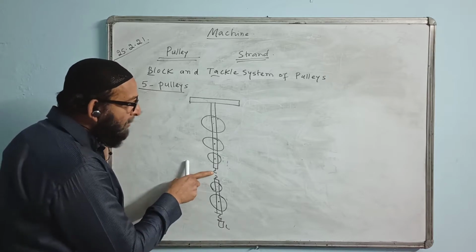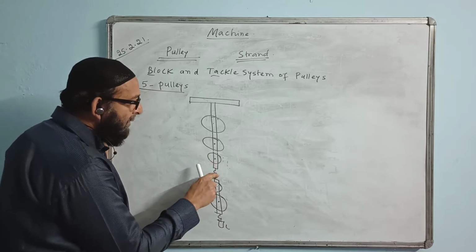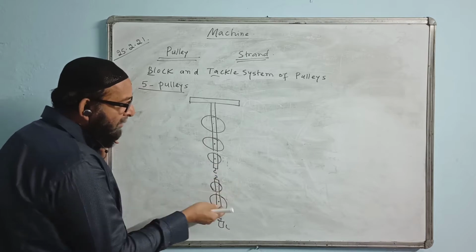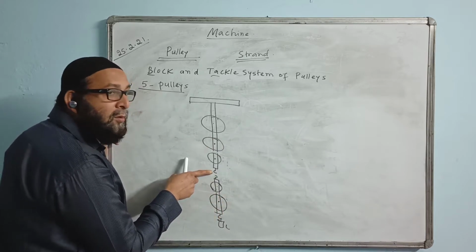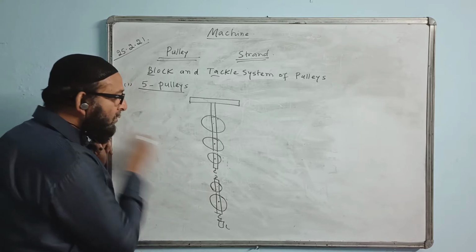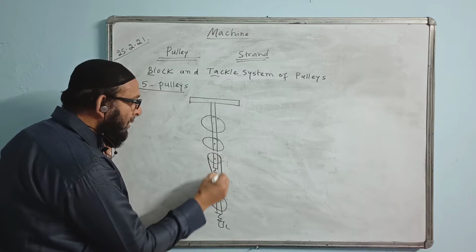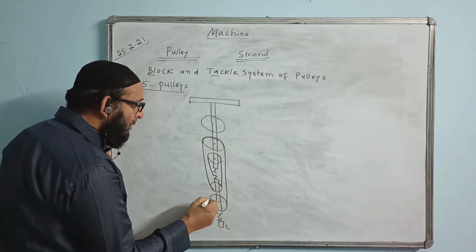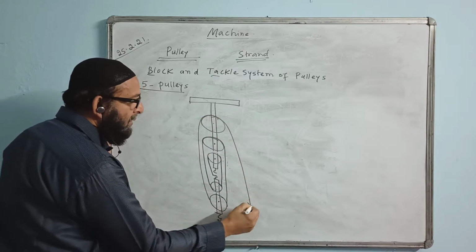If you start from the upper hook, you will not be able to rotate all the pulleys with a single strand. If you give one round here, then another round, a round is already given, so you can't give another round. The upper hook connection becomes long, so you have to start the strand connection from the lower hook. Like this one round, like this you will give this way, it will come here, now it will come here, like this. Here is the diagram.